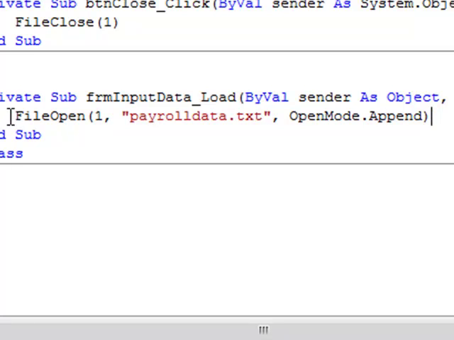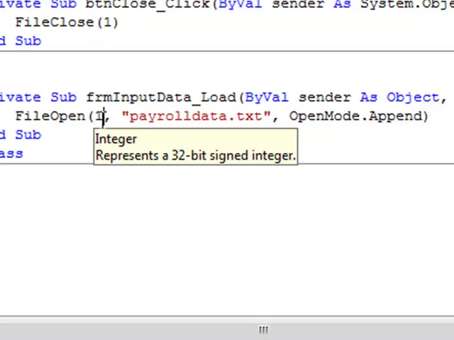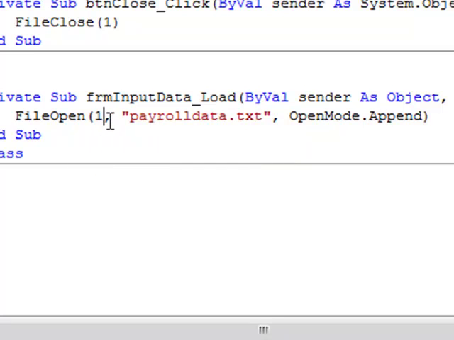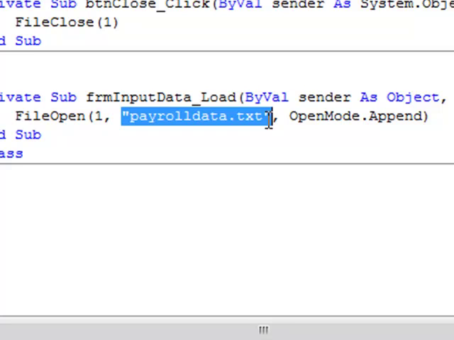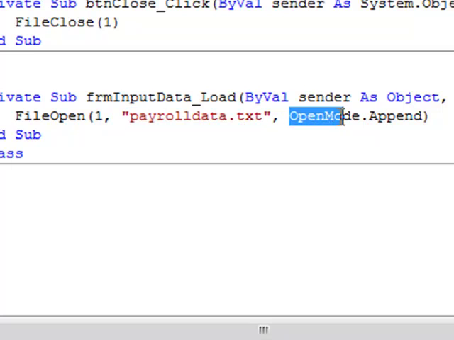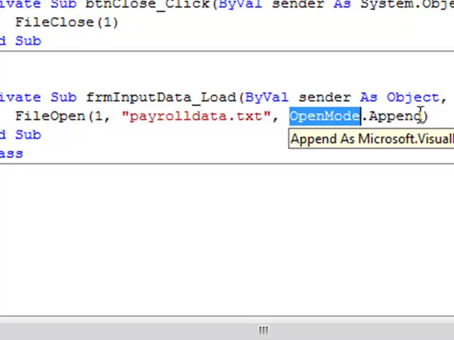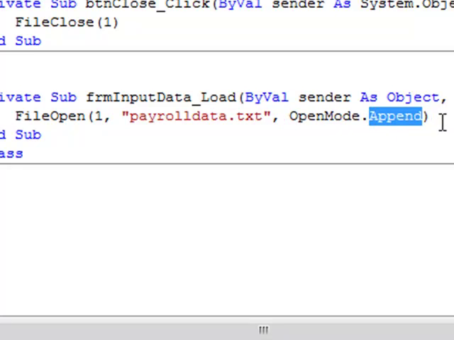to open our file. Now the way we open our file is we use a command called file open, and we specify a number between 1 and 255. It's just a reference point really, so I'm using reference 1, and a comma, and then the name of the text file, and then we need to say open mode and what the open mode actually is. In this case it's appending, because we're going to add data to an existing file, so we're appending a file. Okay,